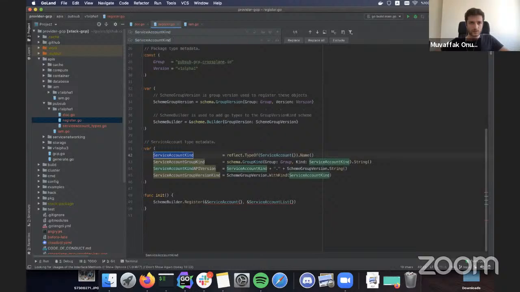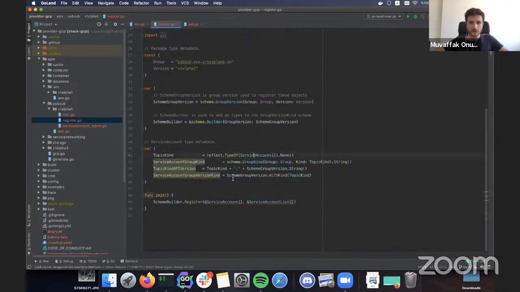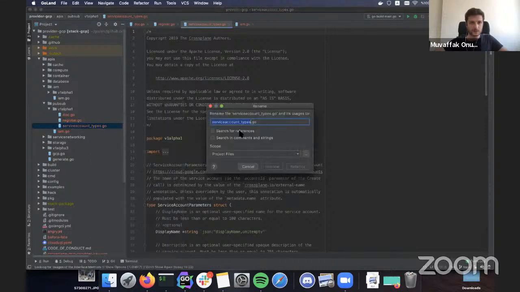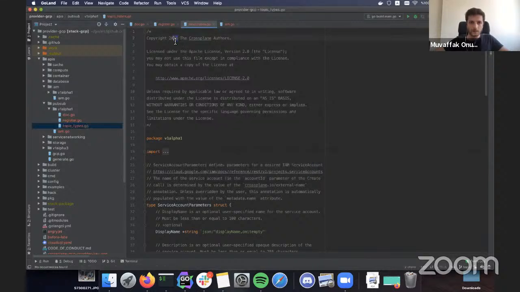So the resource we've copied over is service account, and that's what we're changing. And okay, I will come back to this one because it's an existing struct here. So let's change this name.